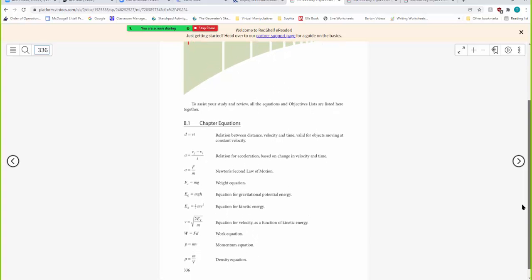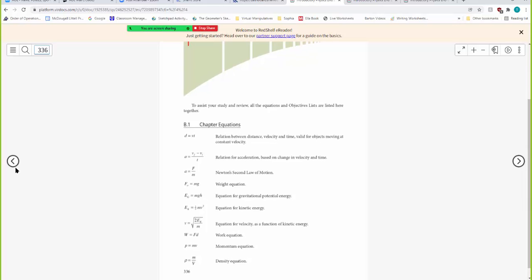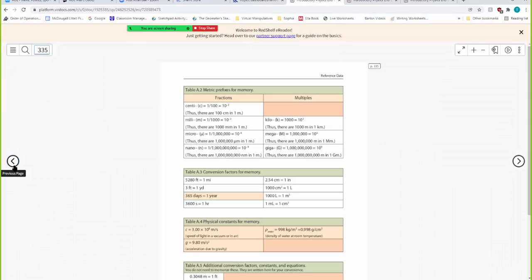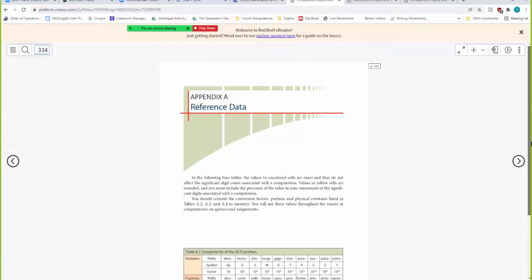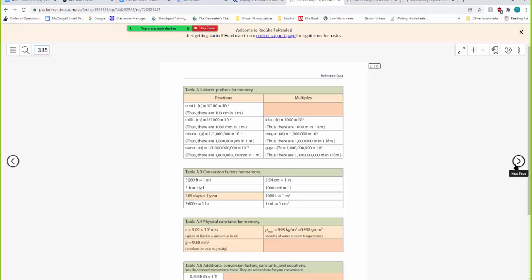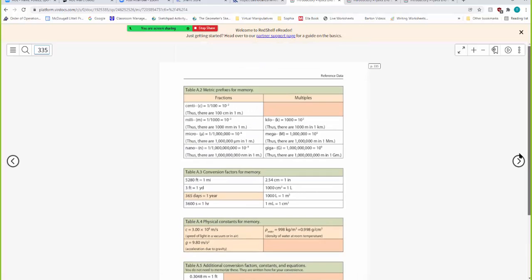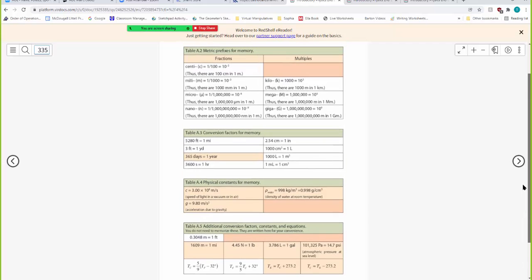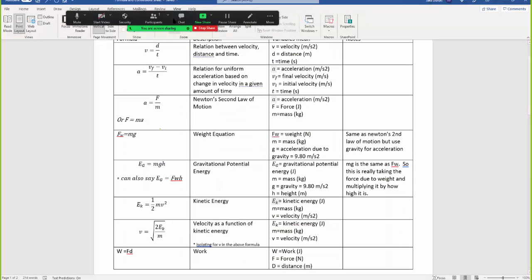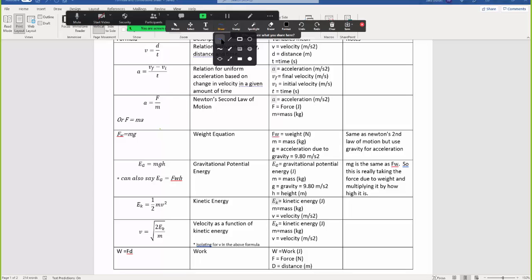So if you want to put a tab on that so you can have that to refer to, that might be helpful. And then right before that, this is your Appendix A, and these are the conversion factors. So if you have those memorized, that's great. If not, you can look back at this table when you have to do the conversion factors. And the ones that you guys are working on for class this week,